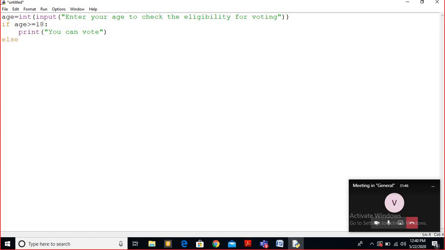Remember, if and else will come at the same indent, but after the colon, whatever statement comes under that, the cursor should be indented that way. Means you press enter, it automatically takes the indentation inside for that. So after else you just write the statement. Please keep it in mind, in else we will never check the condition. Else is the default case, which runs automatically if the condition becomes false.